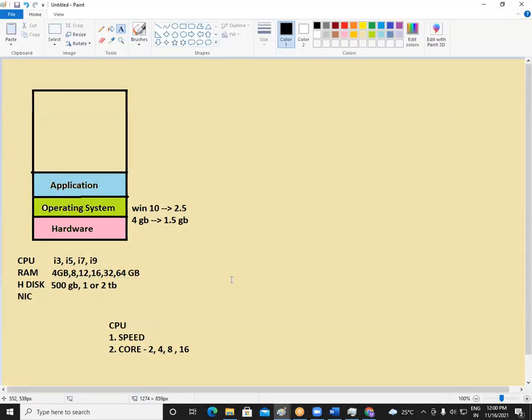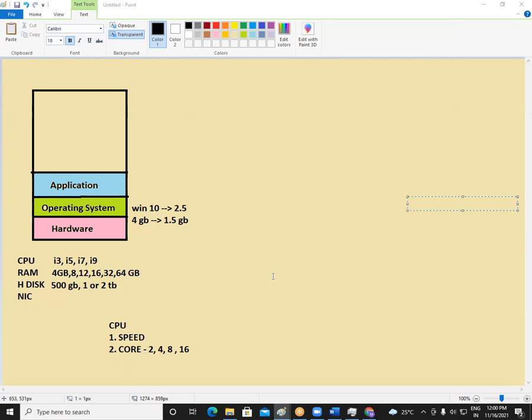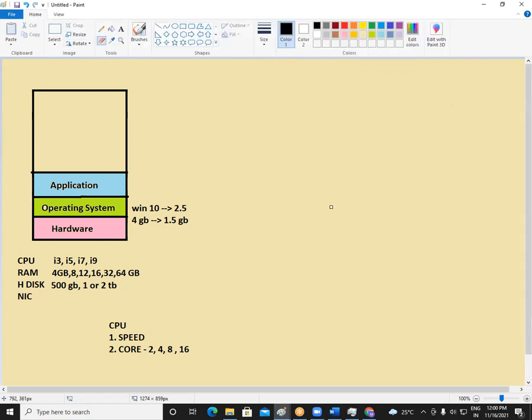Okay. So coming back to this hard disk part, hard disk is a permanent storage device. I repeat, hard disk is a permanent storage device. Whatever data we save in our machine, it will be saved in the hard disk. So in hard disk, we can decide which hard disk is better.